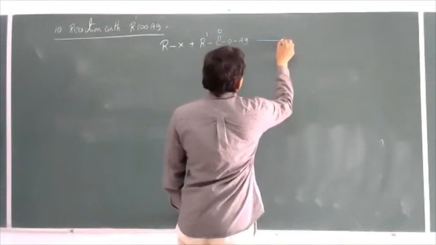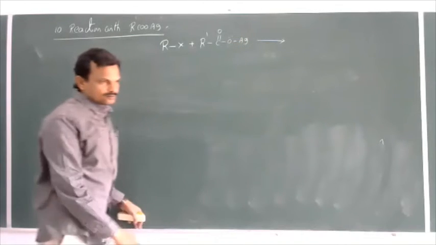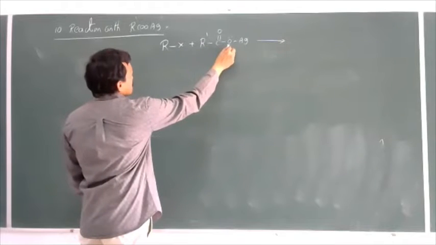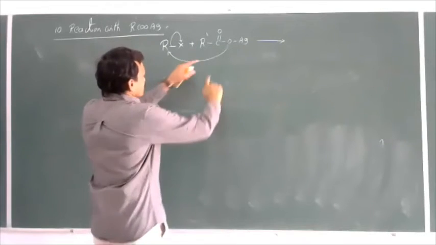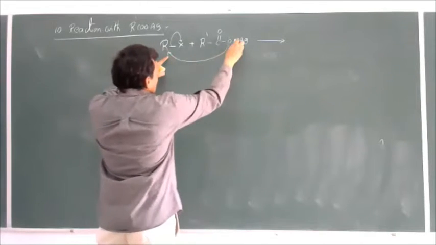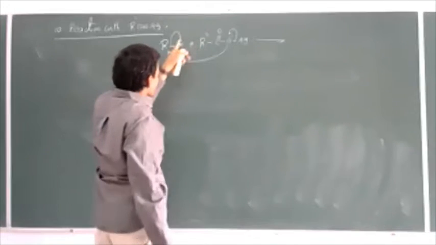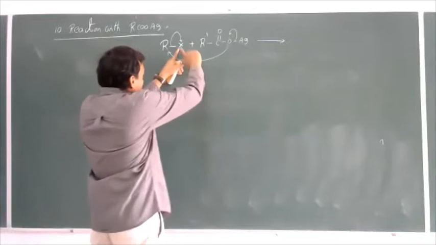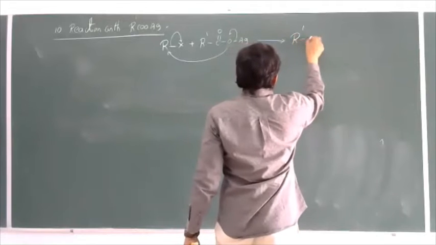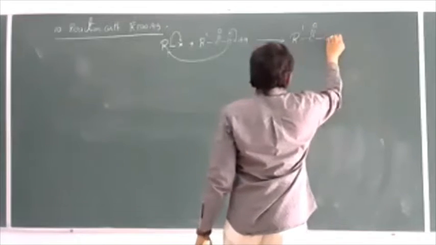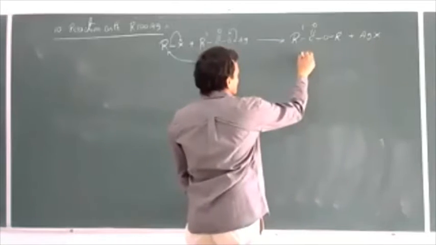Then here the product formed is, this oxygen contains 2 lone pairs of electrons, and now this oxygen attacks here at this carbon, and this is gained by this, and then whenever this electron pair is donated here, this electron pair is gained by oxygen. Ag gets separated as Ag plus, and this X gets separated as X minus. Ag plus and X minus combine to form AgX, and then we can get R dash COOR plus AgX. What is this? This is nothing but ester.